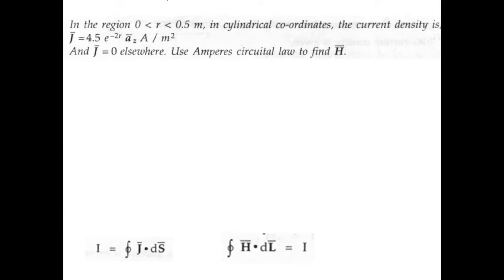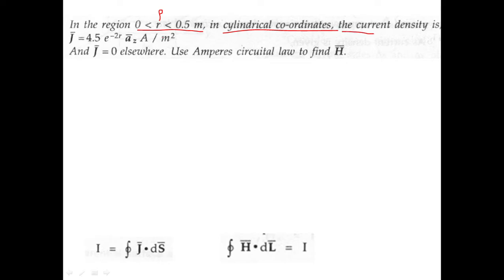Yes. Now here in the region r between 0 to 0.5 meter in cylindrical coordinates. Now this I have taken from a different textbook. So this r is nothing but rho here, right? Or you can write it as r itself, but don't get confused with spherical coordinate system. R is nothing but rho for cylindrical coordinate system. That is how we have discussed in class also. So wherever you have r, that is rho in this particular problem, that you have to remember.